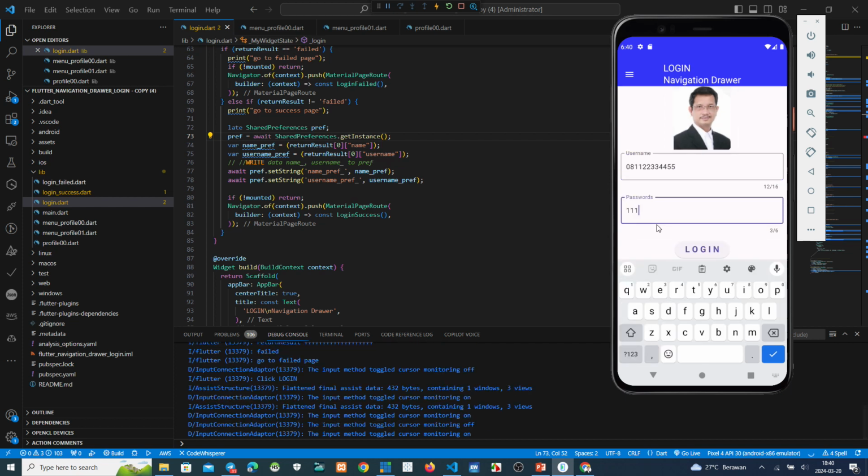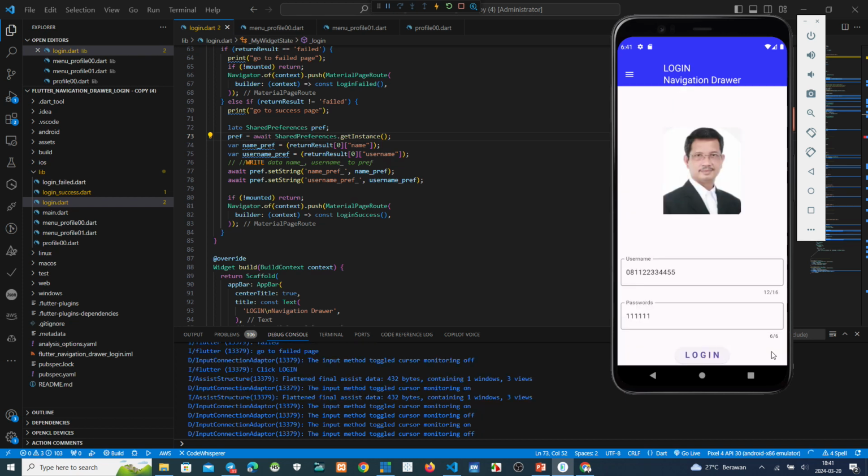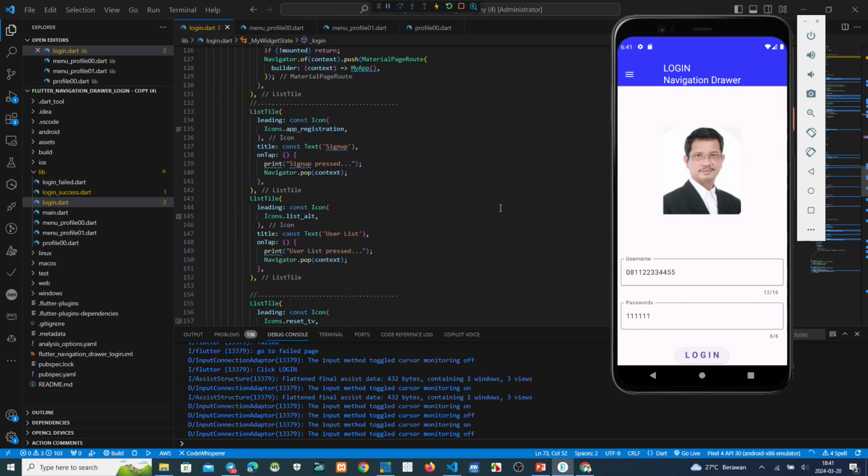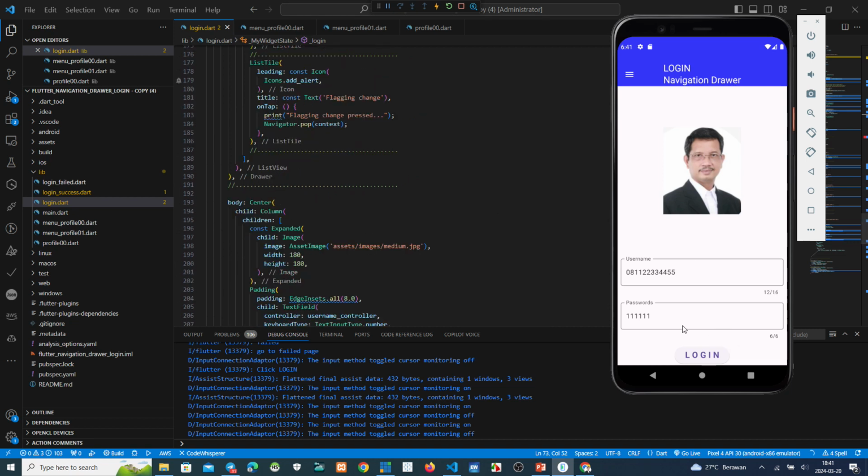Okay, this is the password. Just this password, clear text.